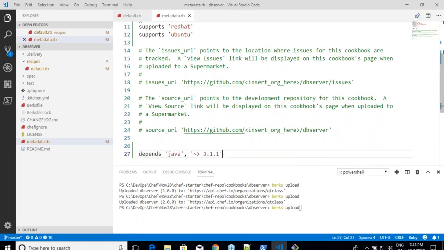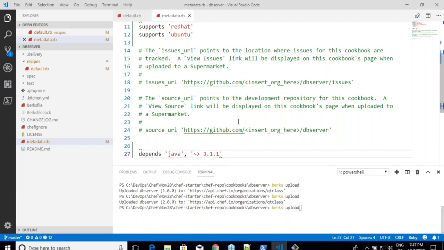This is your way of telling that I am going to depend on a cookbook which is Java, and I am okay with taking any version which is 3.1.x. But if you want exactly 3.1.1, make it equals. Don't write this pessimistic equal symbol. Am I clear on this? So you are depending on a Java cookbook. This is how you write it, with whatever cookbook versions you want.